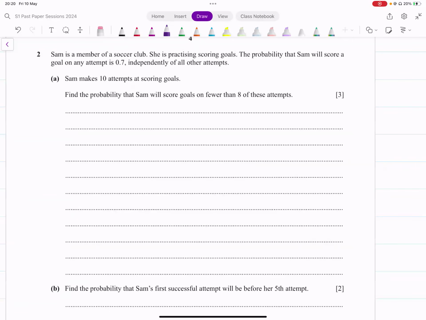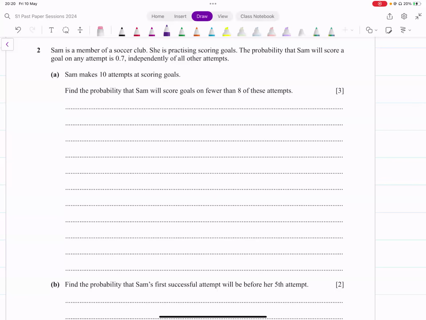Now, Sam is a member of a soccer club. She's practicing scoring goals. The probability that Sam will score a goal on any attempt is 0.7, independently of all other attempts. Independently of all other attempts means that every single time she attempts to score a goal, the probability is 0.7 that she will score, okay? Now, she makes 10 attempts at scoring goals. Find the probability that she will score on fewer than 8 of these attempts, right? That's a standard case of binomial distribution. You have something repeating 10 times, so it's a binomial distribution